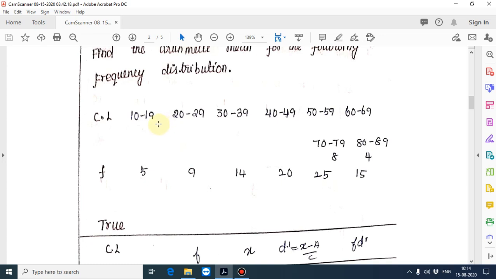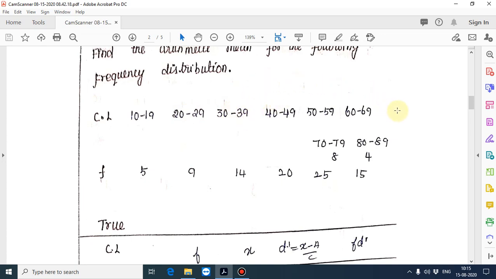If we get value 1, it becomes 0.5, or if you get 11, you will change it to 10.5 or 11.5, like that. Here the value is 19, so we will not get the correct answer. So what we have to do is 9.5 to 19.5. We are doing 9.5 to 19.5, 19.5 to 29.5, 29.5 to 39.5. We'll put these values in the class interval.